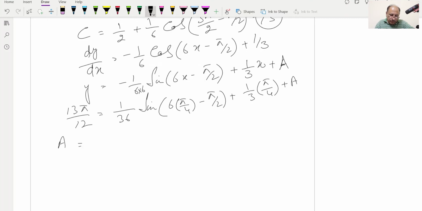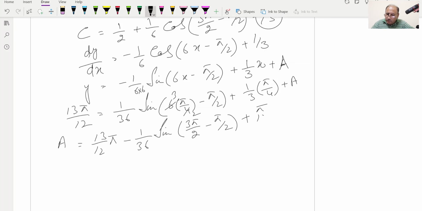A value will be equal to 13 by 12 pi minus, we are shifting everything to the side, so minus 1 over 36 sine of, we can cancel, this will be 2 and this will be 3, so 3 pi by 2 minus pi by 2 and plus this will be pi by 12, pi over 12, and a